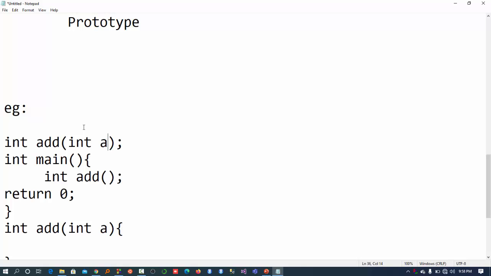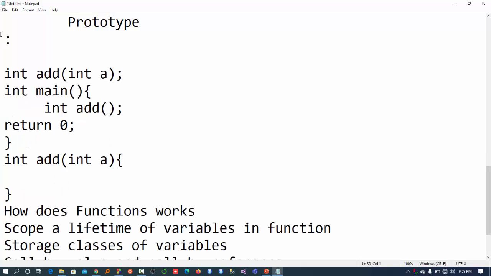Prototyping is nothing other than something that contains the name of the function, the return type, and also a list of variables that must be passed in it, and the type of variable it returns, if any. This is what we mean by function prototype. Okay, after function prototype,